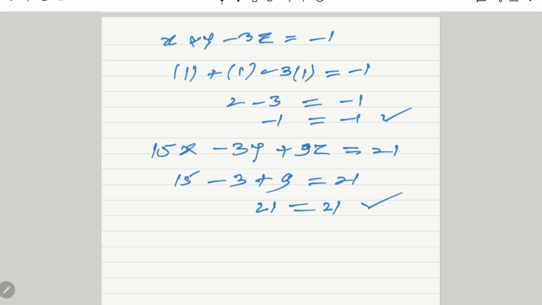In my next video, I will discuss a homogeneous type of linear simultaneous equation, how to solve it by matrix